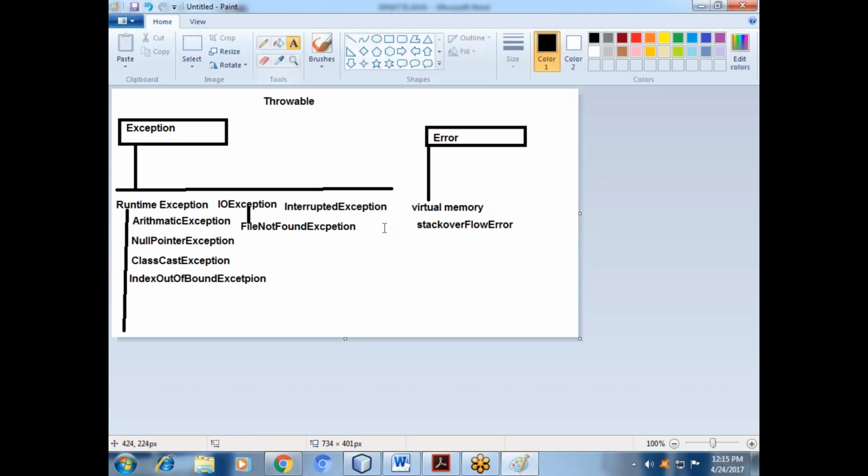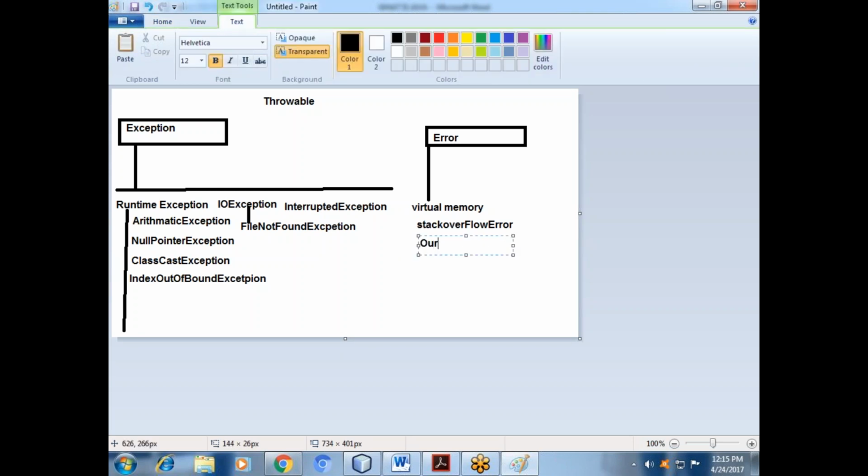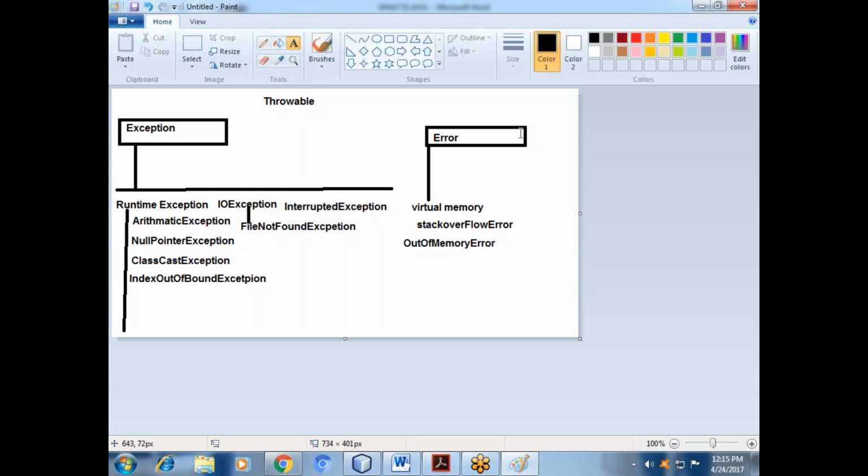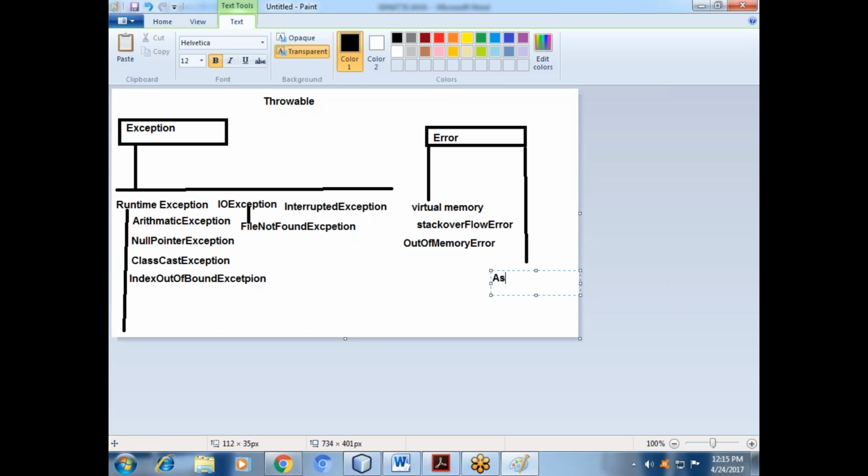Then you will get OutOfMemoryError, or sometime in future you will get AssertionError.